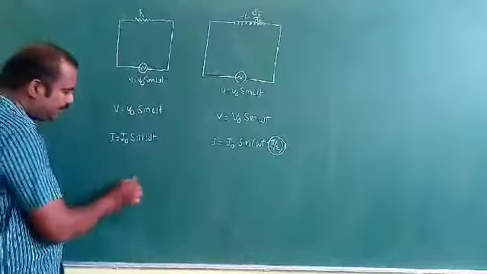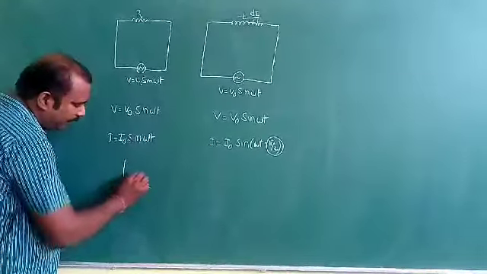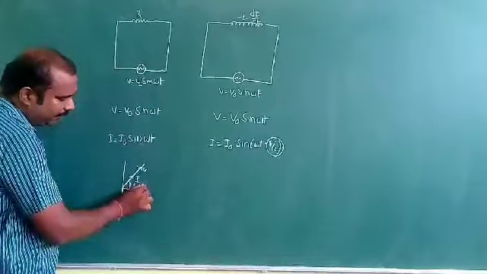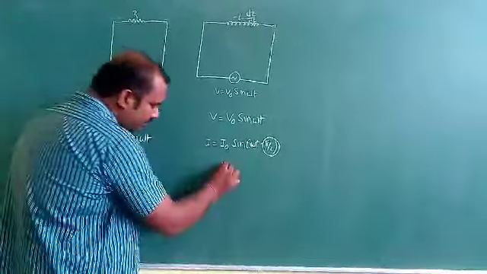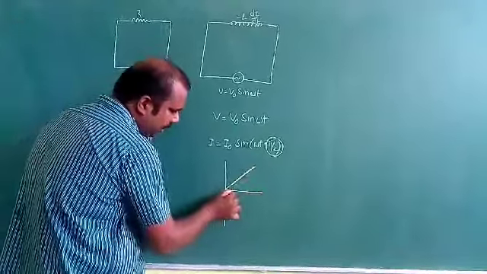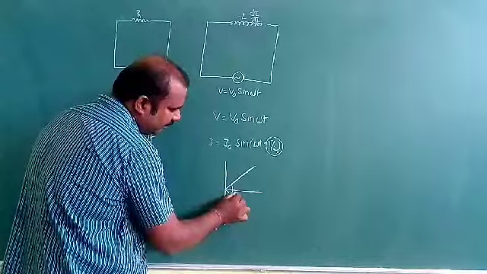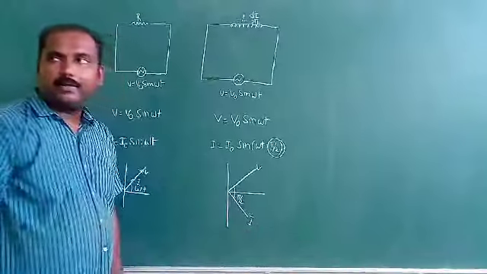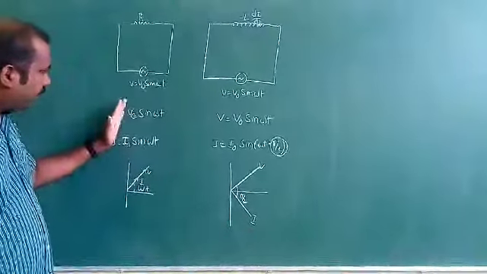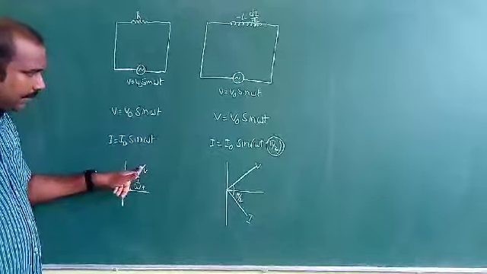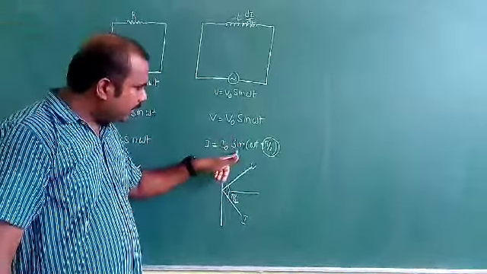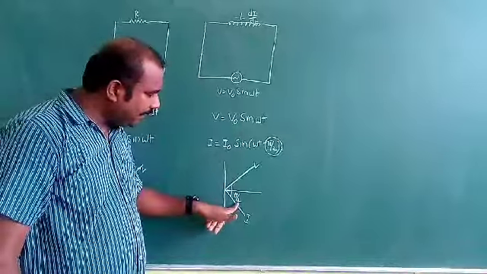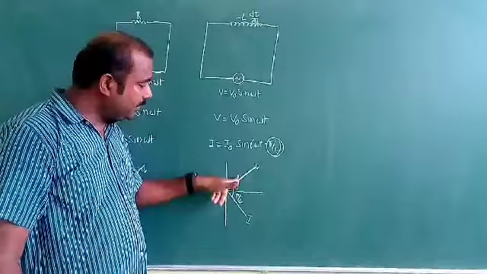So that is the reason in the graph you will find the voltage value and current value both are on the same line. But here you see this is the voltage and this is the current and the phase difference is 90 degrees. So finally here both are in phase, that is the reason both are lying on the same line. But here current is lagging or voltage is leading. So see here voltage is leading the current by an angle of 90 degrees. That is the reason here voltage leads the current.